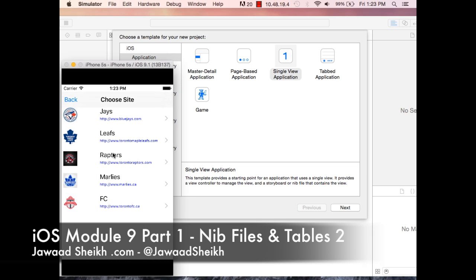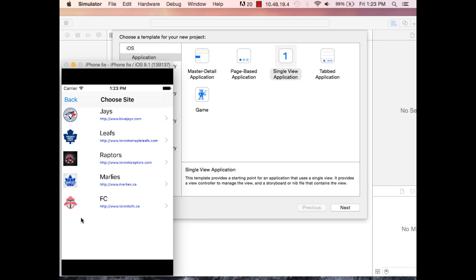We'll hit a begin button. We'll have a list of different teams. So now we're going to have a customized cell. By default, we saw in the last app that was just one generic, bland, boring line. Here we have a title, a subtitle, and a logo for each of these. And so that's why I had you guys download these images already, just to have them ready to use in